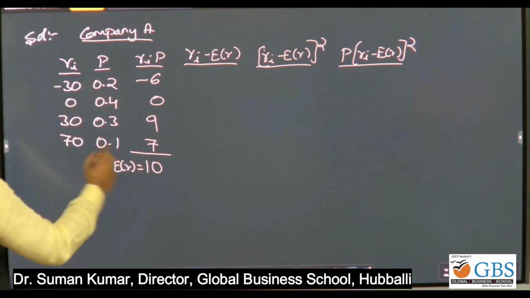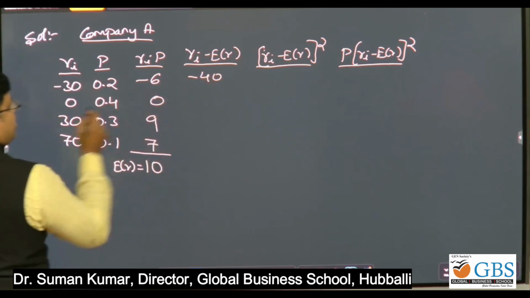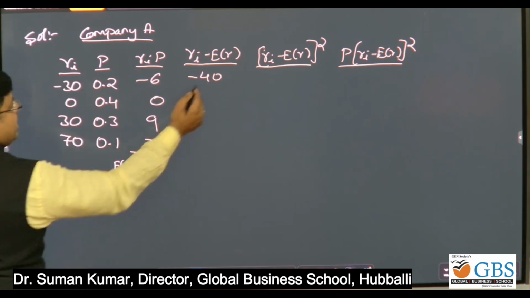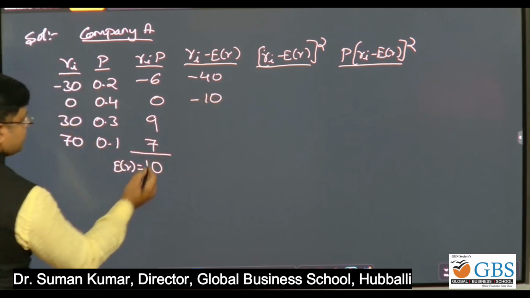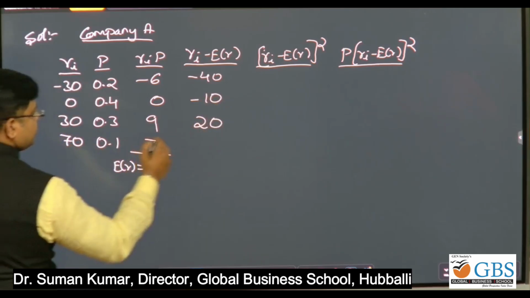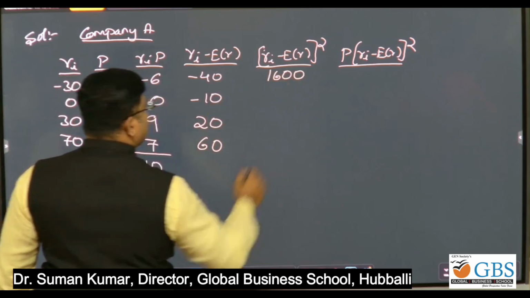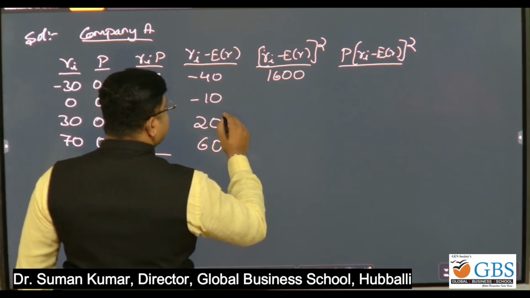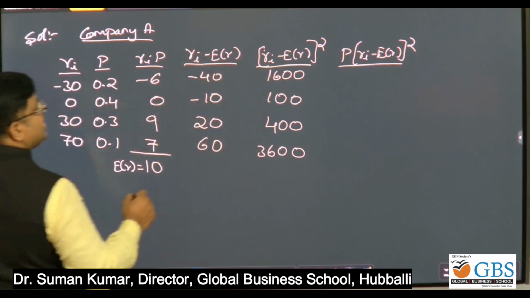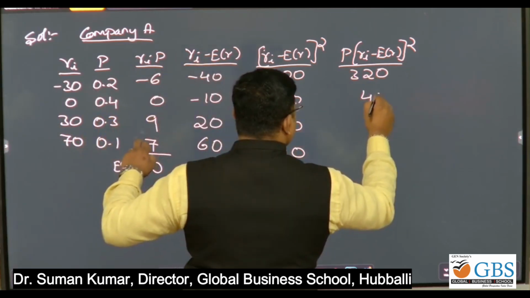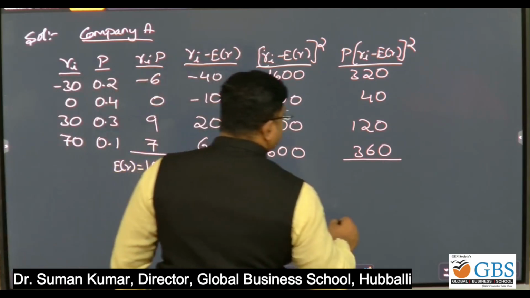Now, minus 40, why minus 40? Minus 30, minus 10 is minus 40. Square it, 1600. Total is 840,